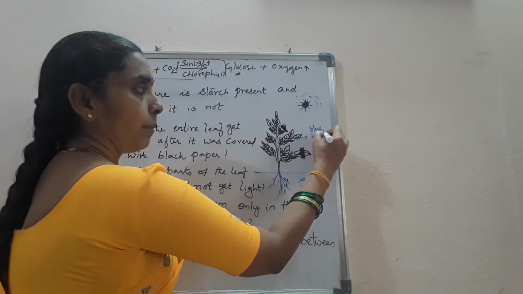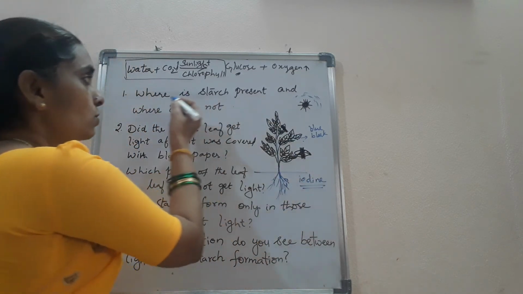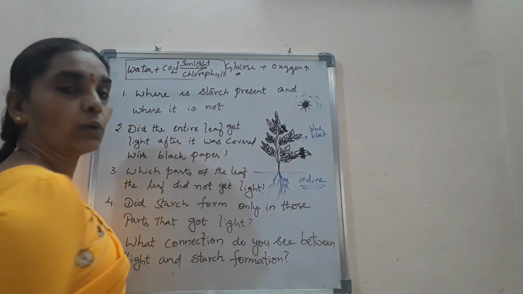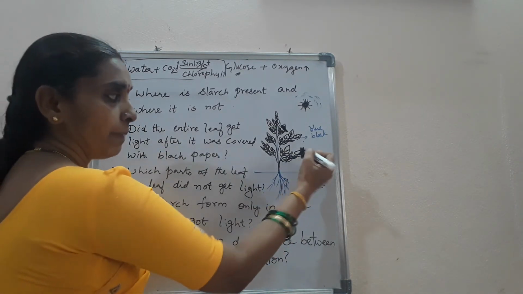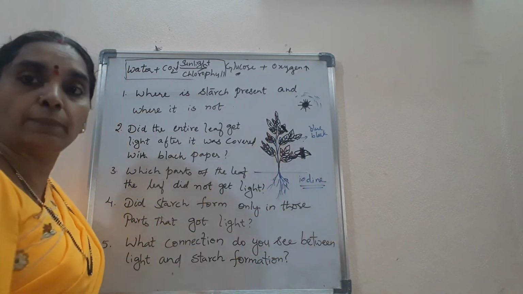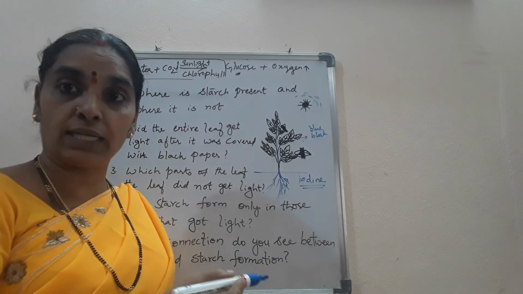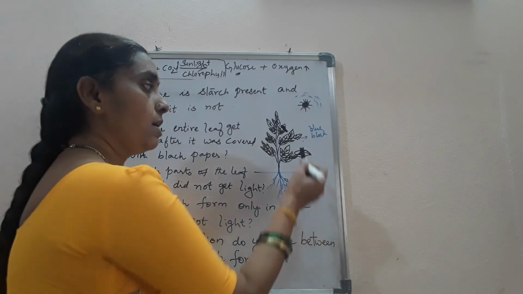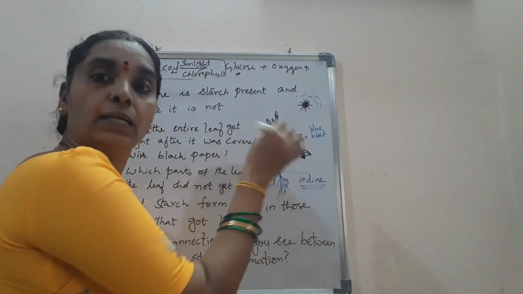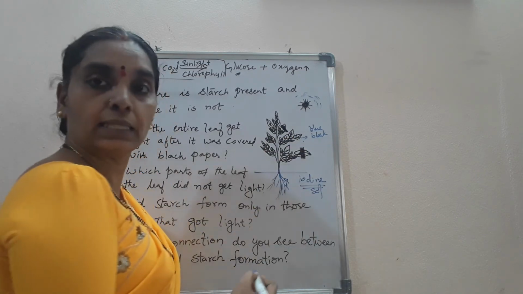When it turns blue or black, it confirms the presence of starch in it, that is, the preparation of food in it. So where is starch present? If you see this leaf which is covered with black paper in the center and the other parts are not covered with black paper. First you decolorize the green color of the leaf, that is, you put it in alcohol solution or boiled water and remove the green color of the leaf first, to know the color of the leaf after you put it in the iodine solution. So after 2 days you take it from the plant and you decolorize the leaf and then put it in the iodine solution for testing the starch.